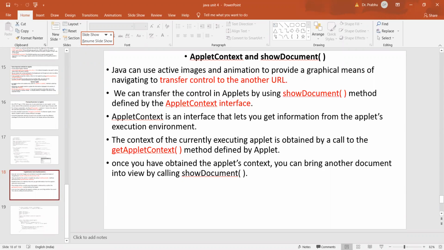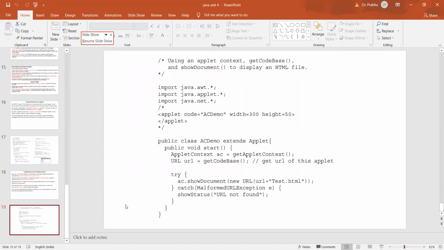This can be done by using methods. The first one is get update context method. It gets the context of that update, meaning the information of the update. After knowing the context, then show document. Show document will show the respective page. Meanwhile, one more method is there, the third method, that is get code base.